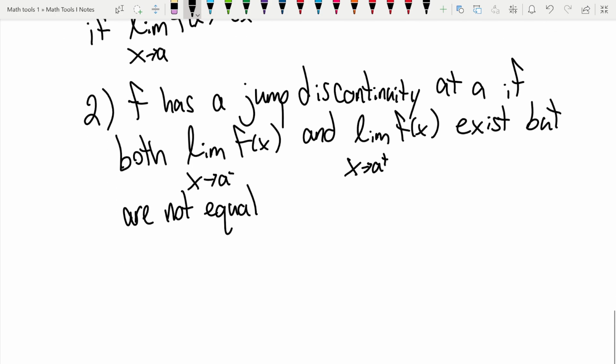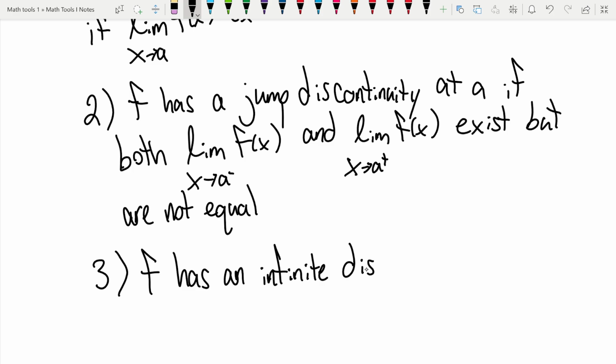And then finally, infinite discontinuity. That one's probably rather easy to guess, right? F has an infinite discontinuity